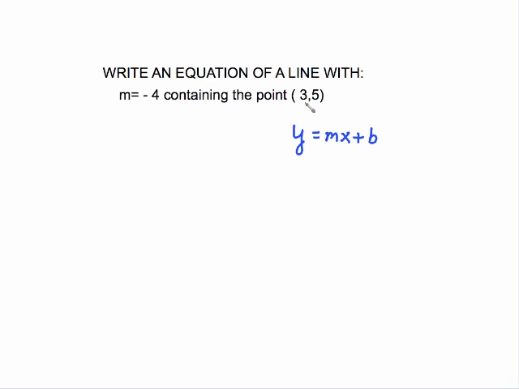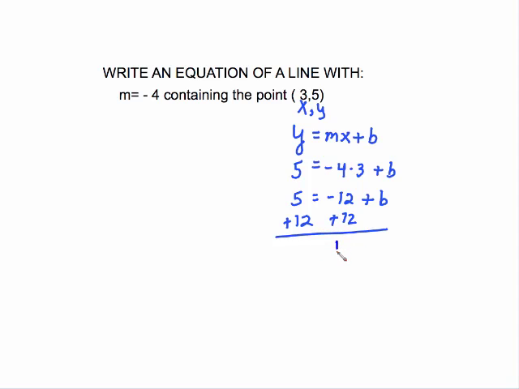So I think it's a good idea to label this each time as x and y to remind you what goes in for what, and then start plugging in. Y is 5, m is -4, x is 3, b is this value I don't know. This is a simple little equation. -4 times 3 is -12. To get this b alone, I need to undo subtracting 12, which is adding 12, which gives me b equals